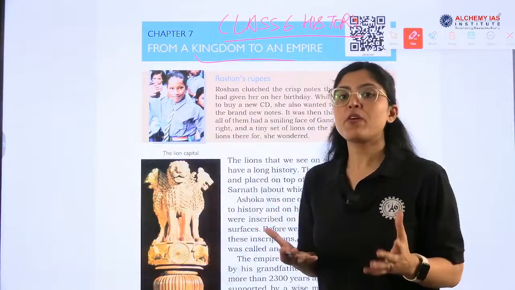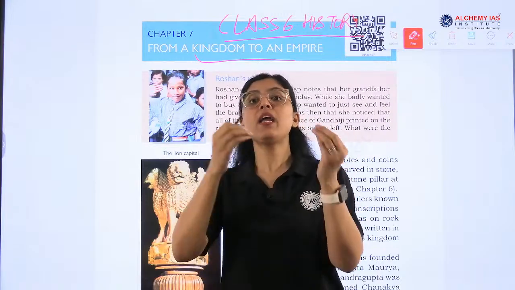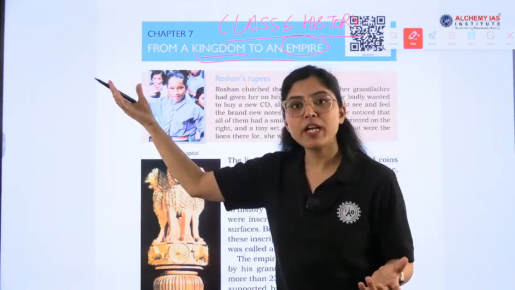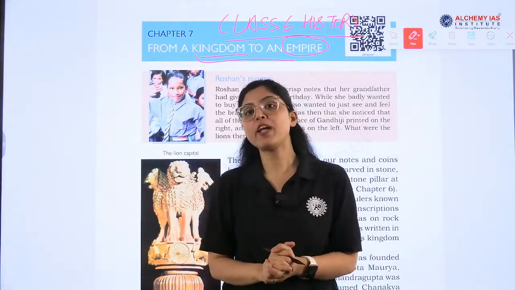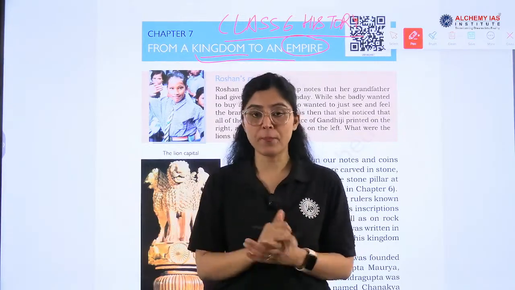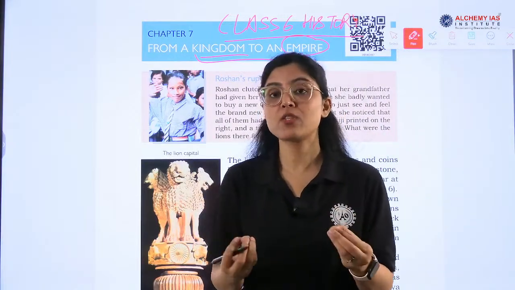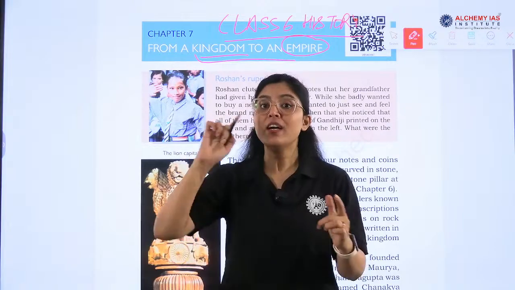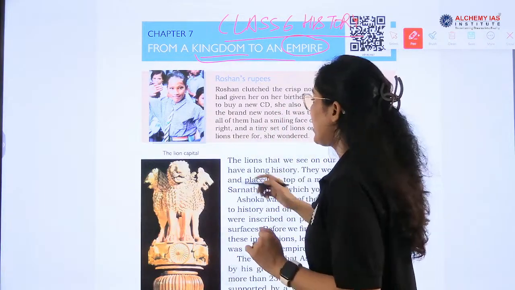This chapter will deal with the features of a kingdom, why a kingdom is called a kingdom, and why an empire is bigger than a kingdom. What is an empire, what is a kingdom? We will get to know the differentiation. Also, what was the first greatest empire of ancient India? Magadha, right? All the greatest rulers of Magadha, especially Ashoka. The most important thing is the UPSC perspective: all the important details and information that we should keep in mind, and the questions that will be asked in UPSC, we will cover that also. So, let us start.